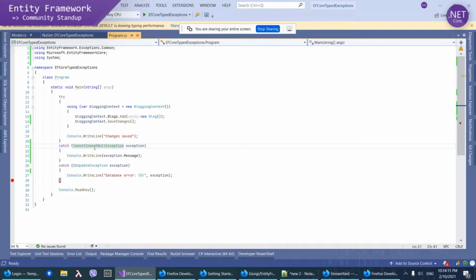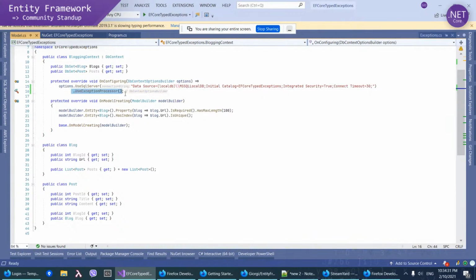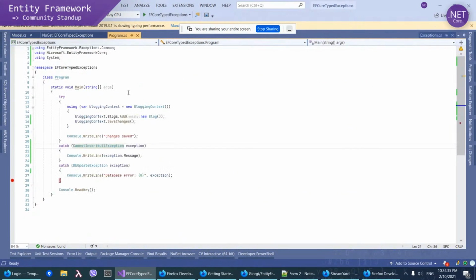Before I do that, I want to say that this cannot insert null exception inherits from the DbUpdateException. So this means that when you plug this in, your code will not magically start throwing unhandled exceptions out of nowhere. That's very cool. Yes, that's the right way to do it. It's interesting, because